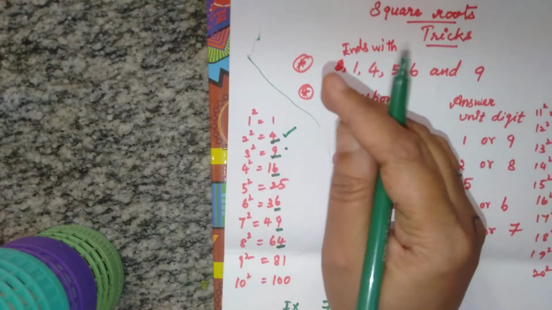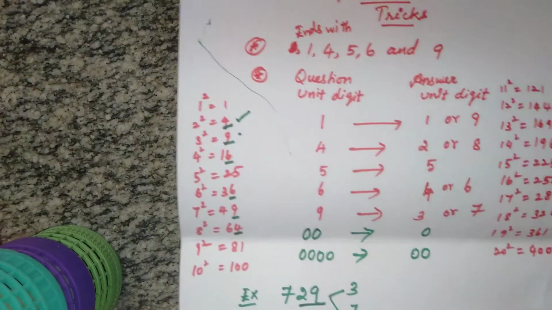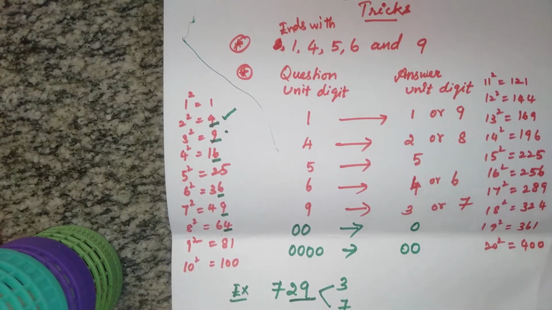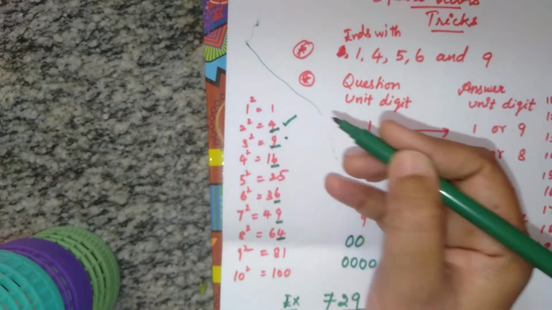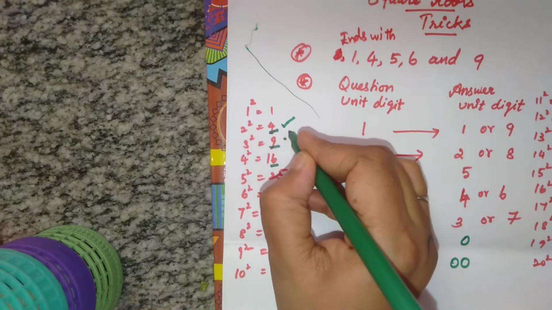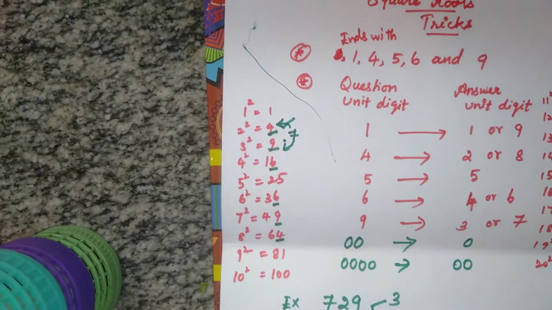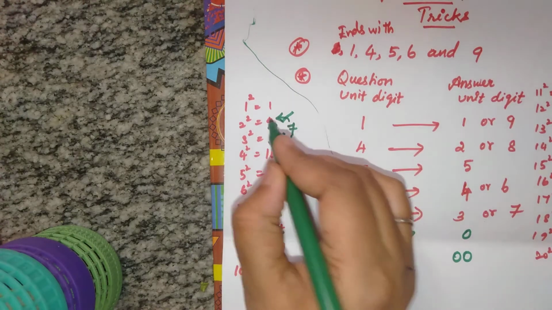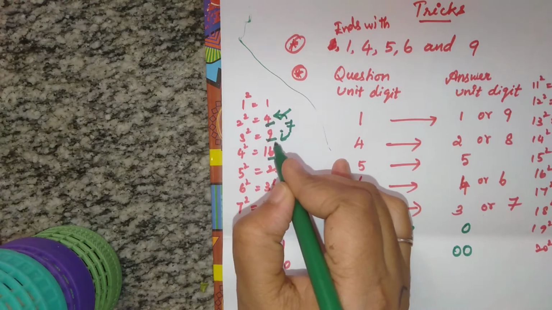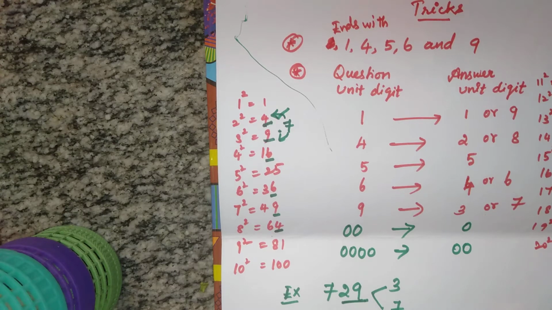Next, 7. You have to check which is the lower number. Before you find square roots, you have to know the squares of 1 to 20 compulsorily. If you know this, the rest is very easy. So 7 lies where? Here 4 and 9. In this, the upper level is 9, the lower level is 4. Which is nearest to 7? 9 is nearest to 7. If the upper level is near, you write the upper value; if the lower level is near, you write the lower value. Which is the lower value? 27. So the square root of 729 is 27.